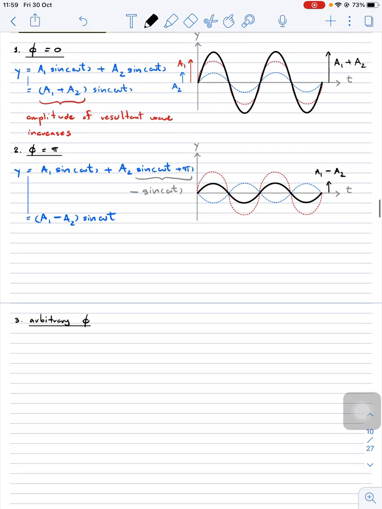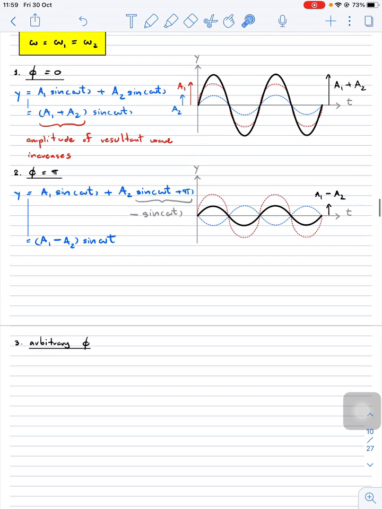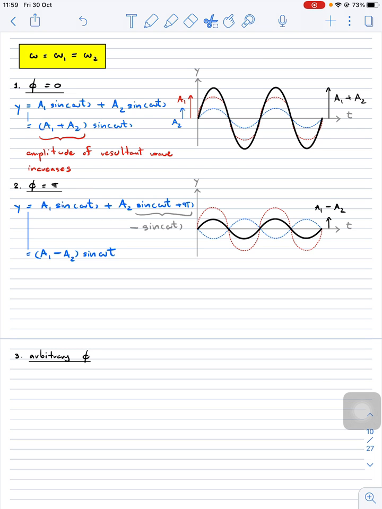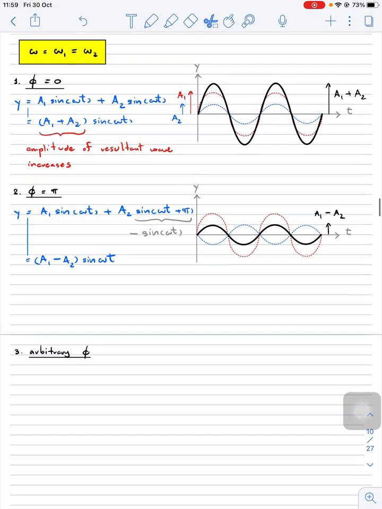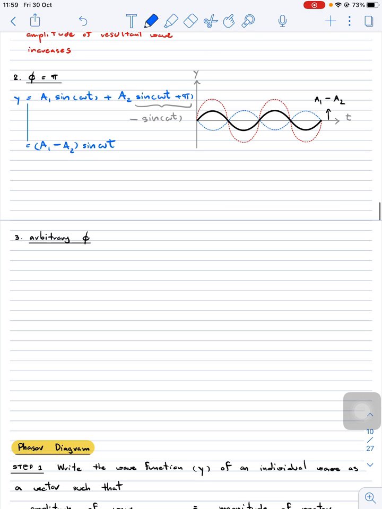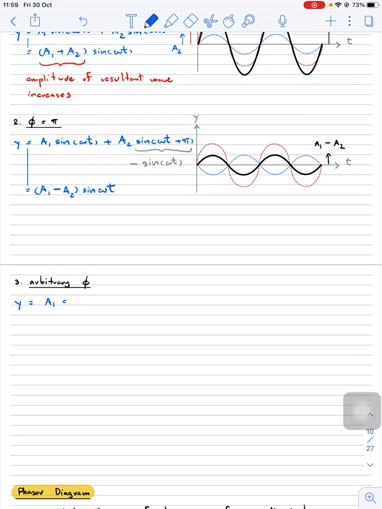Okay, so now in the general case, if we have the angle phi here, let's just write down. We say that y is going to be equal to A1 times the sine of omega t, and then plus A2 times the sine of omega t plus phi. Okay, so then my question is,